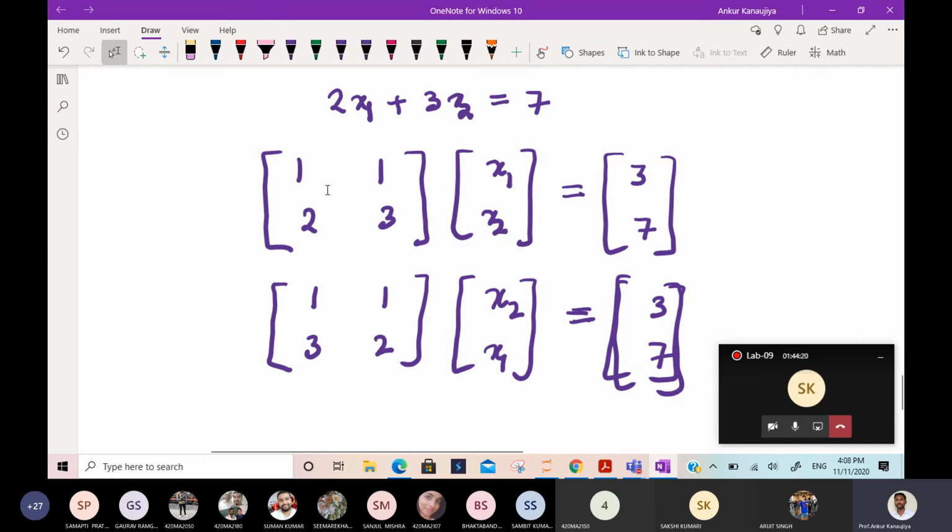Like if you are changing column number 1, 2, 3, that means x1 will become x3 and x3 will become x1. So that also you have to change, so that in the last you will get the correct answer. Is that clear? So in X also you have to interchange, not only the original matrix. That is the meaning. So how will you change the X, because X doesn't have the solution. You don't have any X. The question is to find the X.